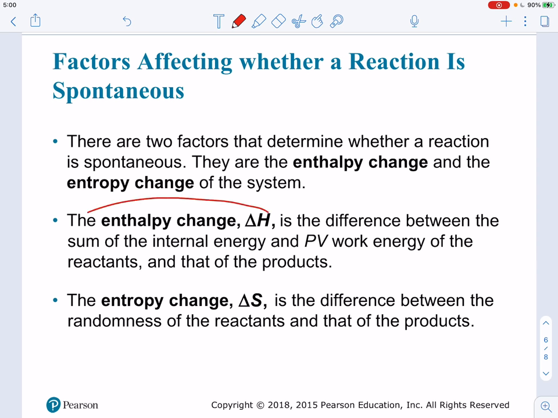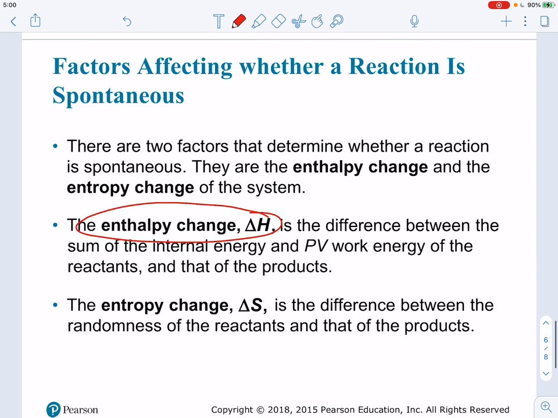The enthalpy change is one of the factors that will control spontaneity of a reaction, but the other one is the entropy of the reaction. Okay, and depending on the relative magnitudes of these two terms and the sign of those terms, you can have every possibility. You can have exothermic processes that are non-spontaneous, you can have endothermic processes that are perfectly spontaneous. And we will discuss that more in detail later. So just keep in mind